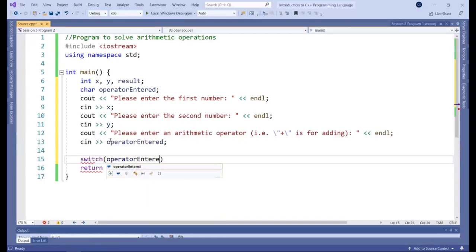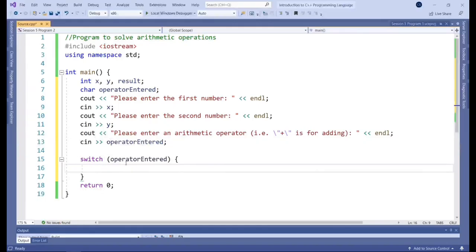So operator entered. And this is a great use case for a switch case kind of structure, because the routing, or the way that we're selecting the case that we're going to execute, depends solely on one condition on one variable, and that's really when it's great to use a switch. Because if you were to do an if statement, you would have to repeat yourself. Each time you go if this, if that, and it would all be the same variable that it's looking at. So it's a bit redundant, and it's a bit cleaner to do it in a switch if it's this type of scenario.